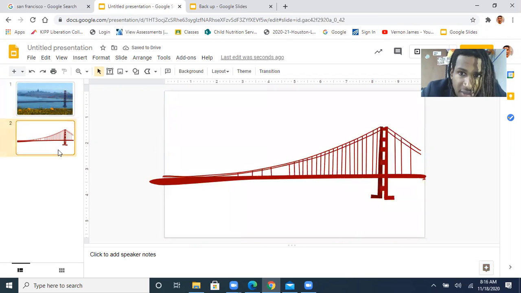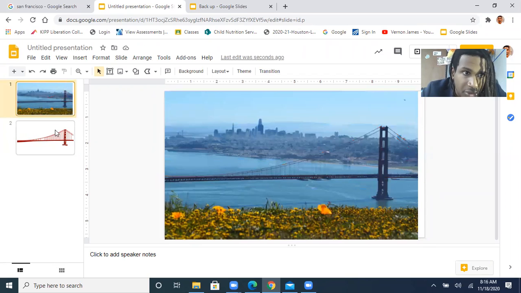And here's the bridge that I made. I'm going to trace it over here, and I'm going to bring my artwork that I make to here. So it's got the mountains way out here. All we're going to do is go and